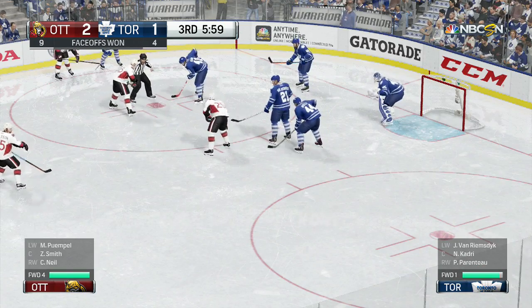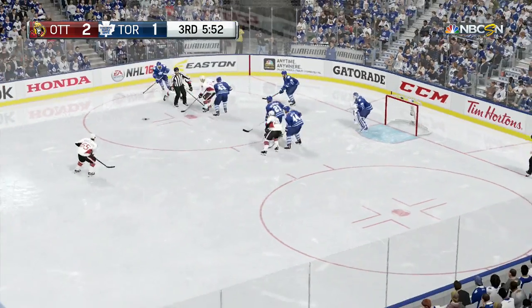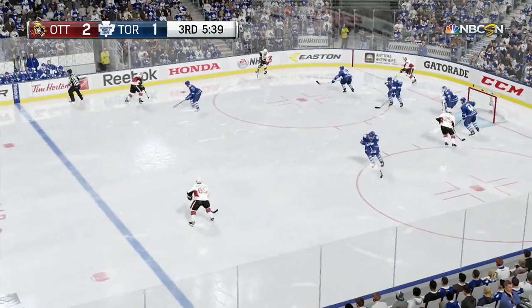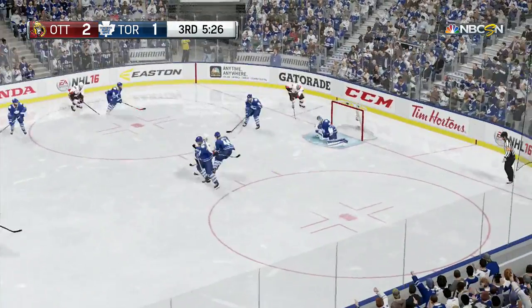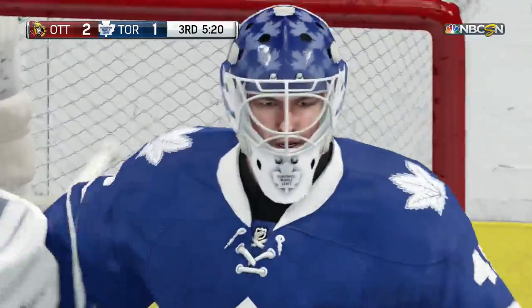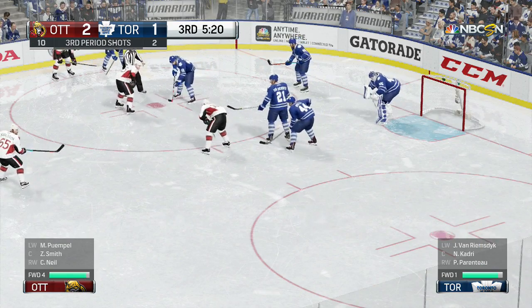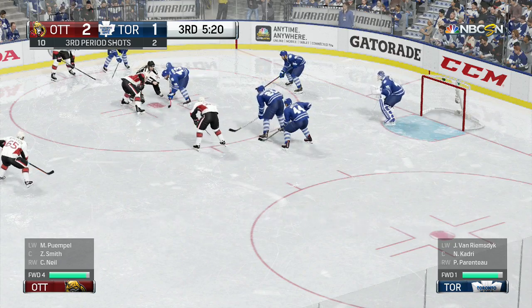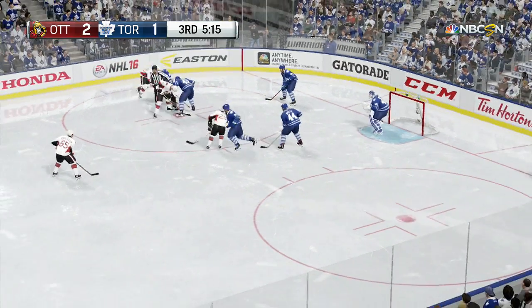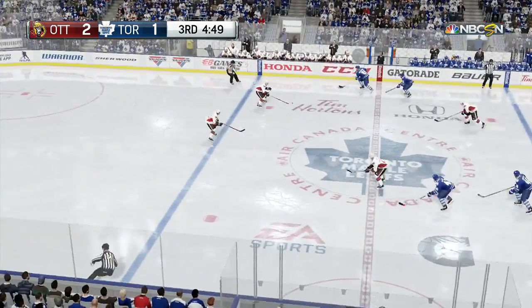Ottawa still leading by a goal. Toronto trying to find the equalizer. Ottawa wins the draw, fed to the point Mathot. Far boards, Pompole in front, a chance, backhander saved by Bernier. And a quick whistle. 5 minutes, 20 seconds to go in regulation. Third period shots decidedly in favor of Ottawa. It's 10-2. But one of those 2 shots has gone into the net for the Toronto Maple Leafs and giving